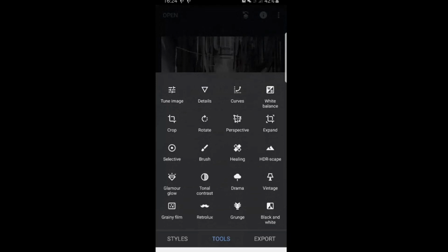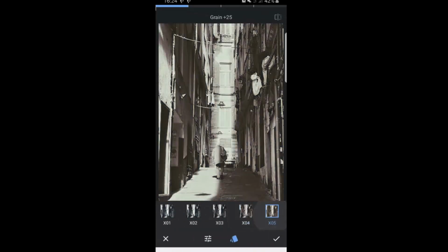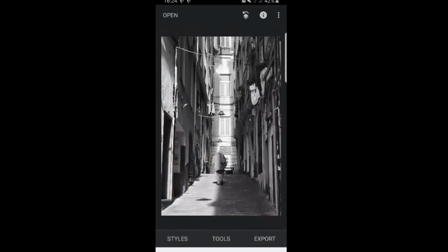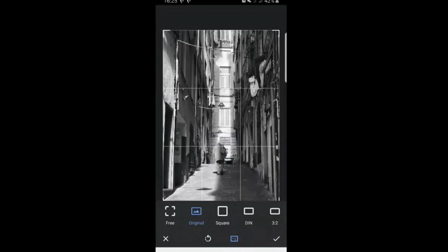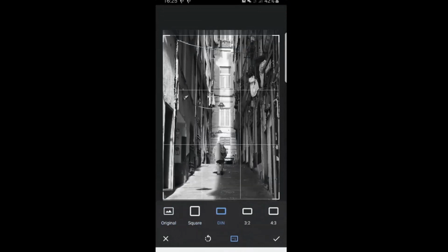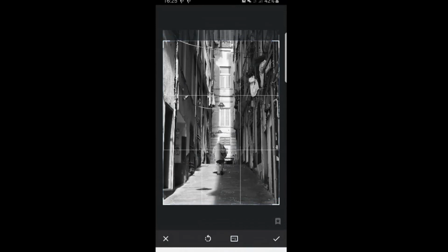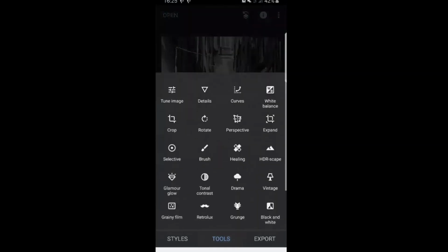Now we can add some effects to it as well. You could go with a grainy type of film effect if you wanted to. They've loads of different types of options here, but I don't want to do that for now. What I do want to do is maybe have a look at cropping the photograph. Do I need to crop the shot? I don't think it's 100% necessary. I might just reduce a little bit off the top there. No, I don't think so. So I'm going to leave that shot the way it is, but I might just add a little bit of